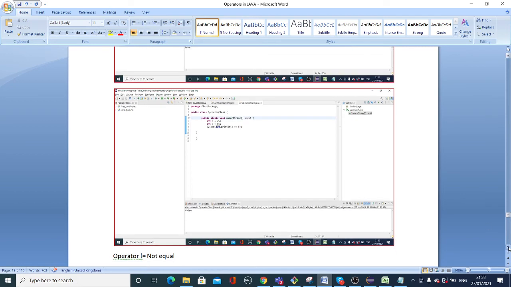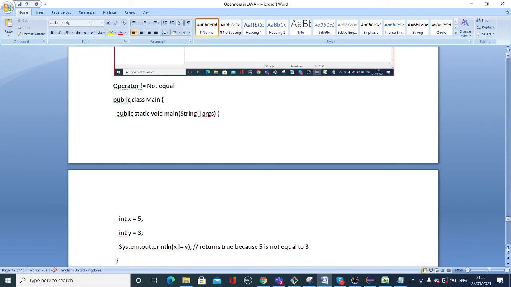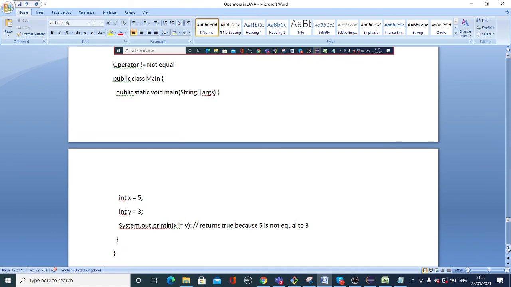Next one, not equals. It is exactly the same thing. If this value is not equal to the other value, then it will print true. If it is equal, then what will it print? False.